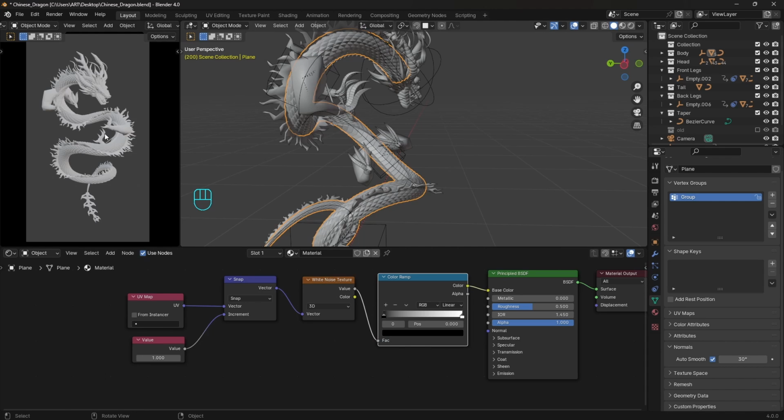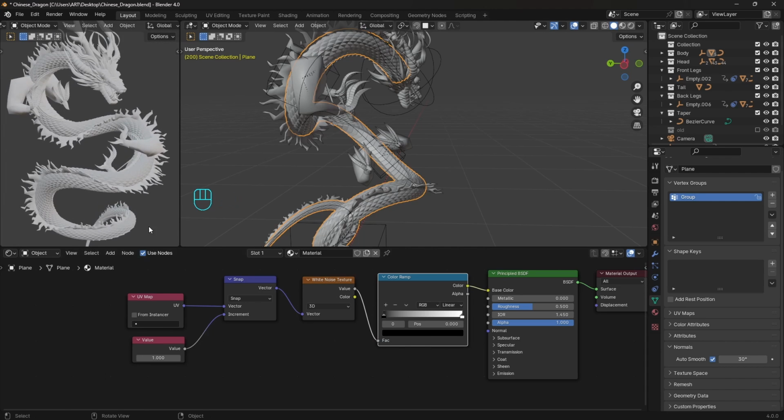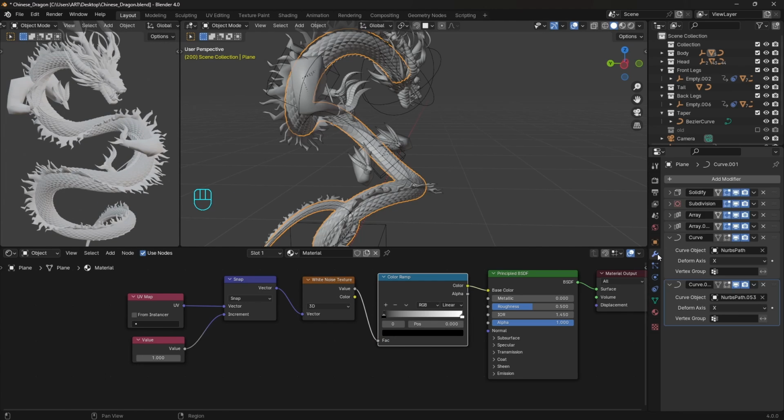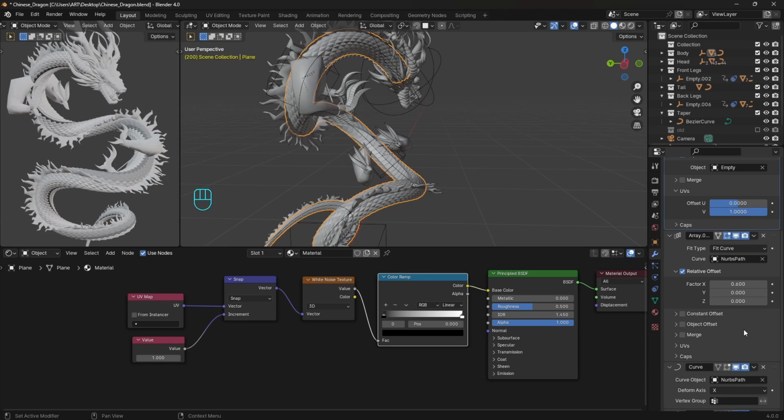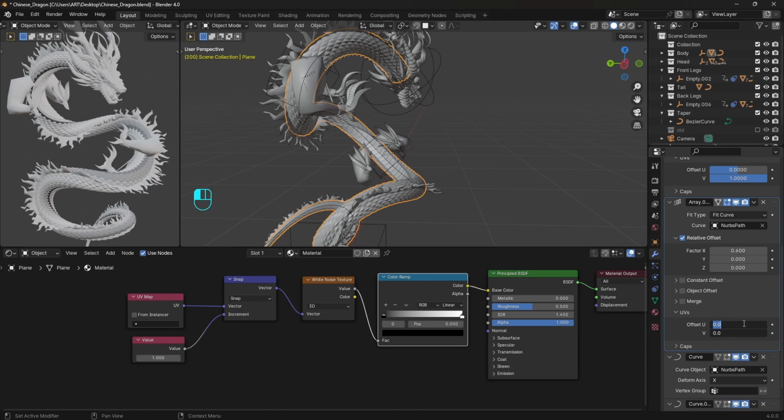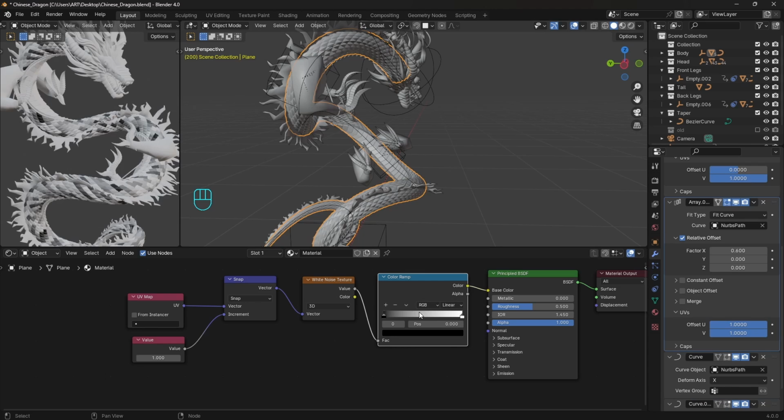To make this work, we have to tap into the array UVs, so we can go back to the modifiers, and on the body we have two array modifiers. So let's set on the first one only the V values to 1, but on the second one we can set both values to 1, and we can already see all the colors that are between these two bars.